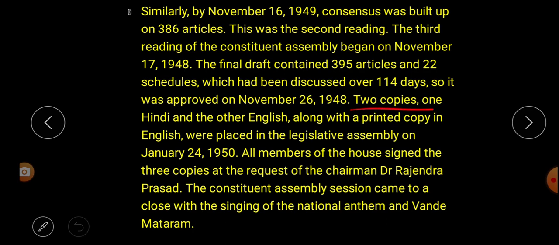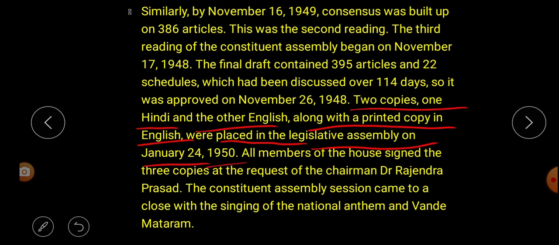Next, two copies, one Hindi and the other English, along with a printed copy in English, were placed in the Legislative Assembly on January 24, 1950. Thereafter, what did they do? Two copies, one is in Hindi, one is in English. The printed copies were placed where? In the Legislative Assembly on January 24,